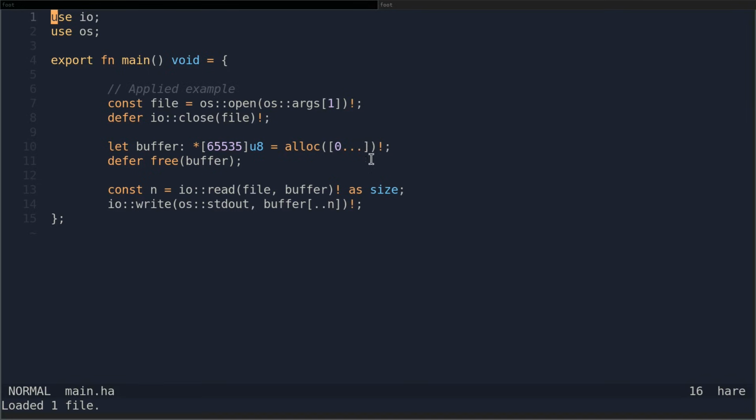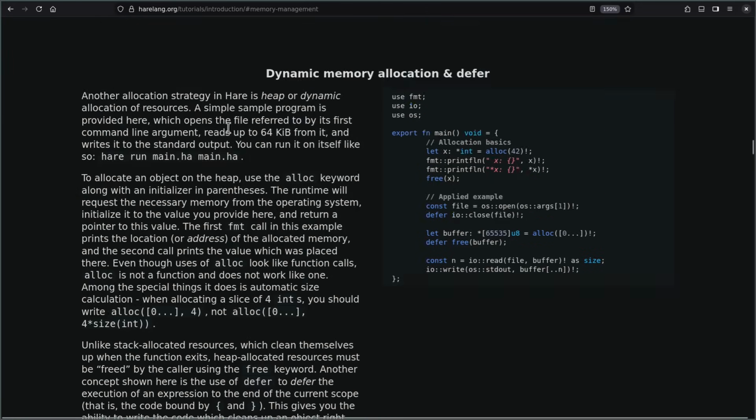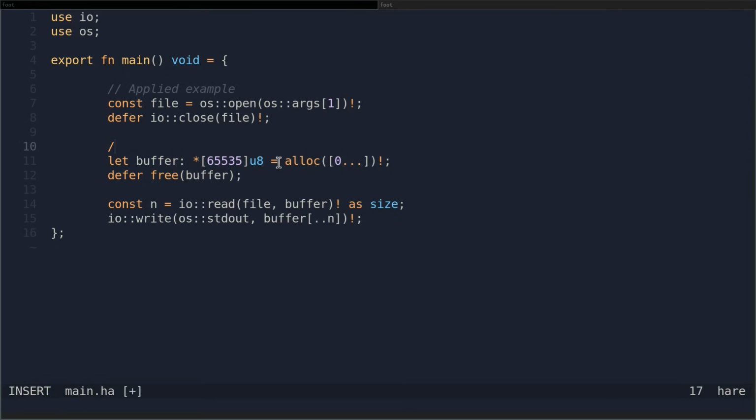There are three forms that you can use that are documented in the language specification. I break those down in my book. But let's just step through this program. Okay, so we're allocating a buffer dynamically. Now this is 64. If I look at it again, I think it's 64 kibibytes. Yes, it's 64 kibibytes. And if you are not familiar with the difference between a kibibyte and a kilobyte